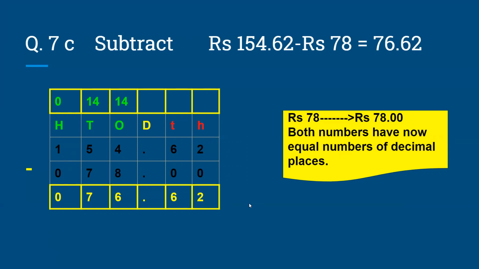In this way, students, we can do addition and subtraction of decimal fractions. Only one thing you have to remember, the rule, that is the decimals will come in a line, and if there are less number of digits after decimal, put the zeros so that in the addition also, subtraction also, the digits after decimal will be same. All the numbers will have same number of digits after decimal. With this, this exercise is over.